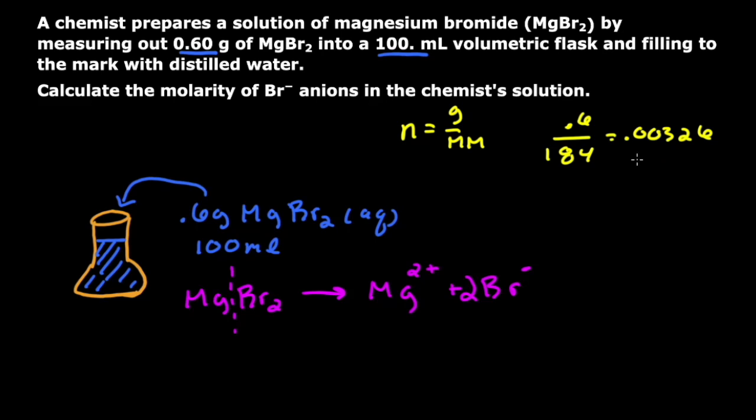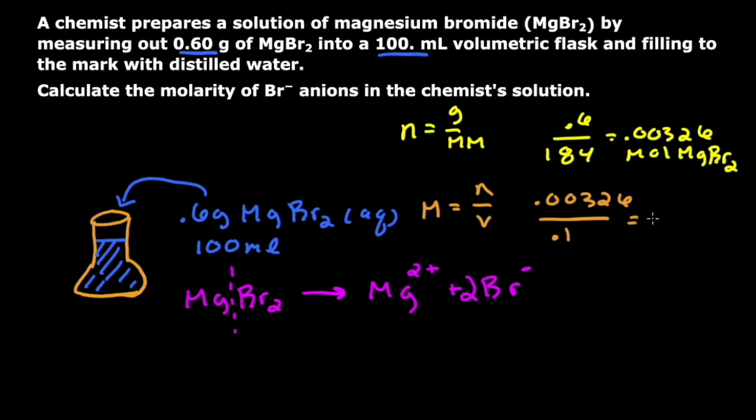0.00326, and this will be moles of MgBr2. And so if I know the number of moles of this in here, and I'm trying to get the molarity, well, the molarity is just going to be equal to the number of moles divided by the volume, and the volume has to be in liters. And so we need to convert this number here to liters. So I'm going to take the 0.00326 and divide that by the volume in liters. So we're going to take the 100 divided by 1,000. That's going to be 0.1. And so when I do this calculation out, I'm going to get 0.0326, and that will be the molarity of